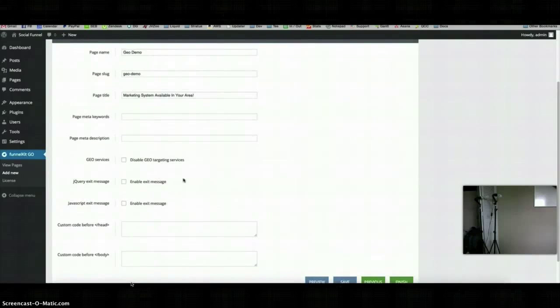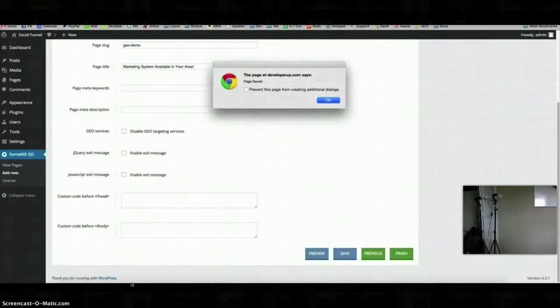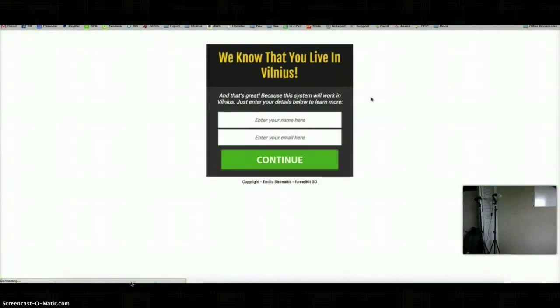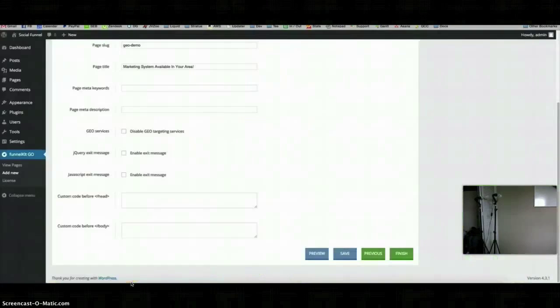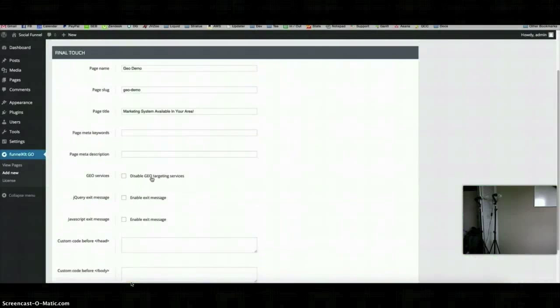What you want to do, though, if you're not using any of the geo data, for example, in this case, I'm using a city variable here, I'm using the map background in the back. So if I'm not using any of those, you want to come here and disable geo